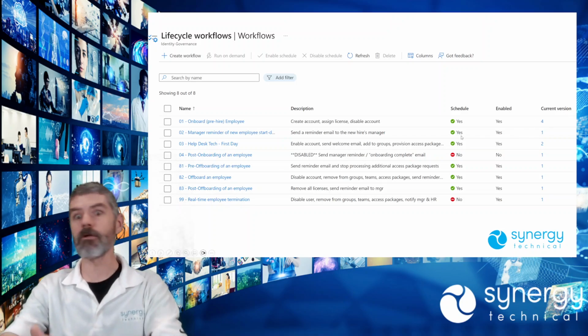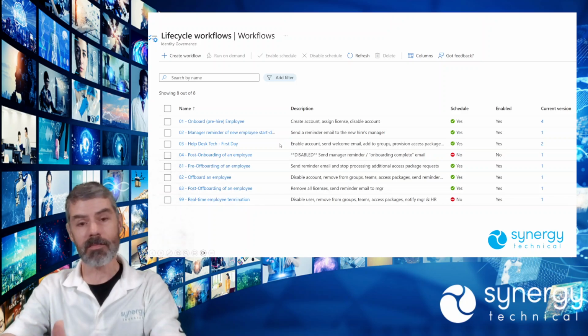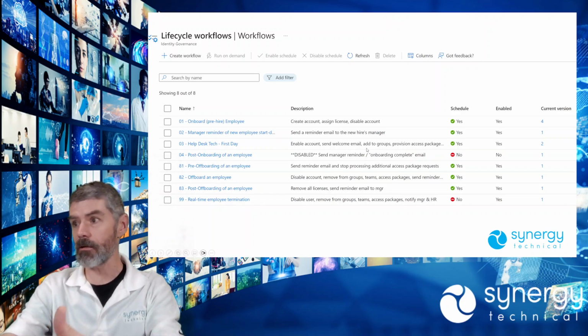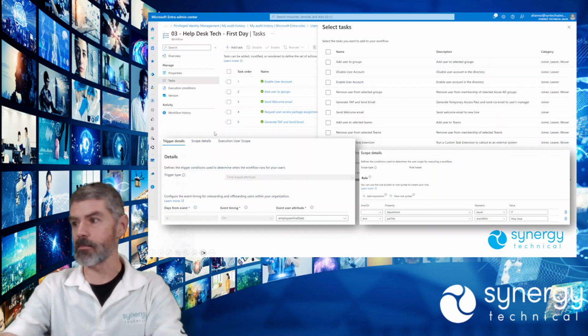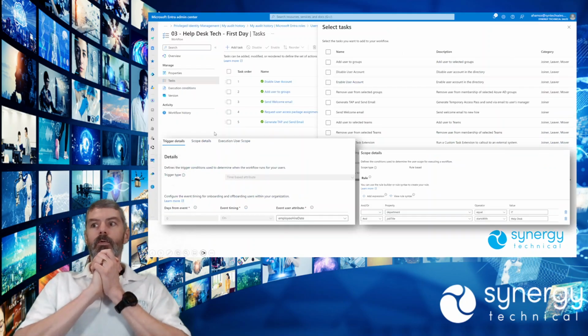And you also get the version history. And this too goes back years. Right? So I actually created this environment years ago, and I can see the entire version history of the onboarding pre-hire process for employees. And we'll dig into that in just a moment. So we look at